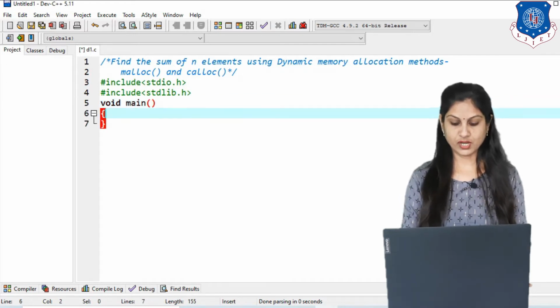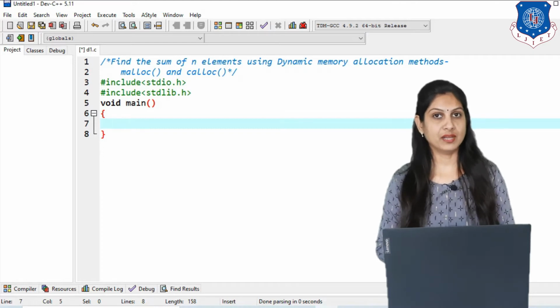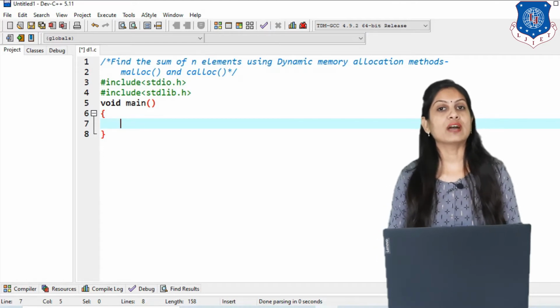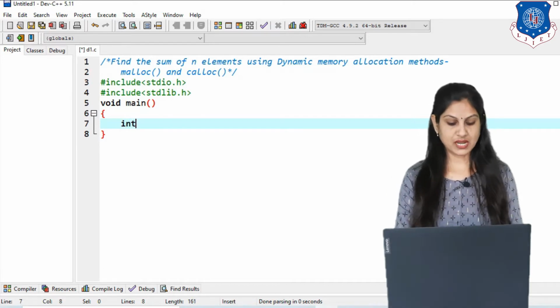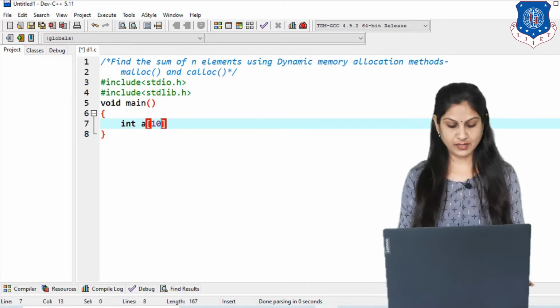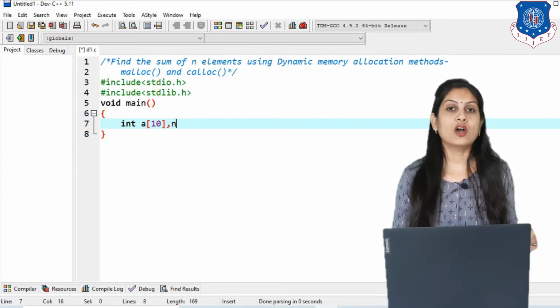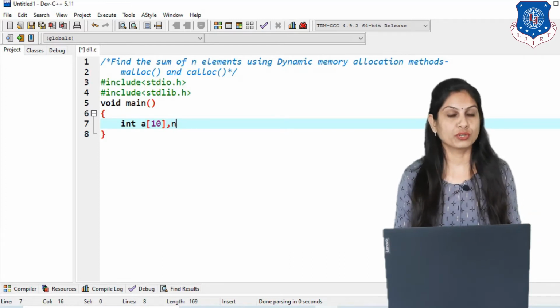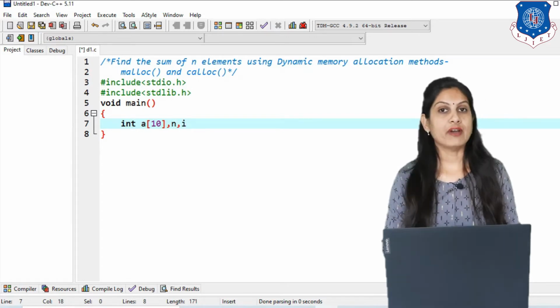After including the header files we start with the void main function, and let's write it. Inside void main, first we need N elements, the number of elements we can store in our array. So first we write int a[10], and then an n variable for how many values you want to store in the array, and then i. Why?